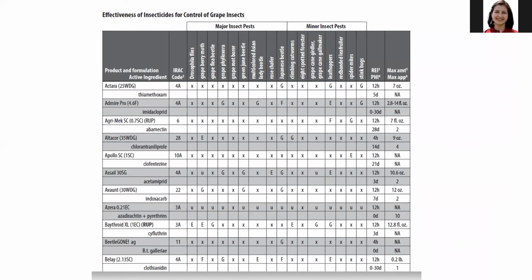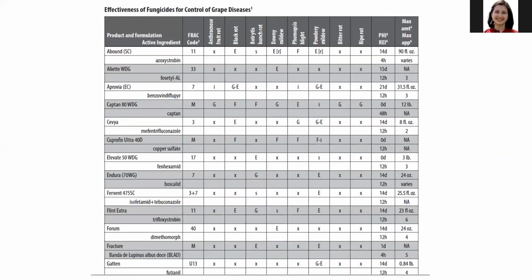In some cases, the efficacy tables at the end will point out what are considered major insect pests versus minor, more sporadic insect pests, but then you will have all the information in there to make a decision on what products you may need to purchase at the beginning of the season. If you have historically had some problem with some of those pests, then you can see side by side what works, what doesn't work that well, and what you should consider ordering and having in your shed.